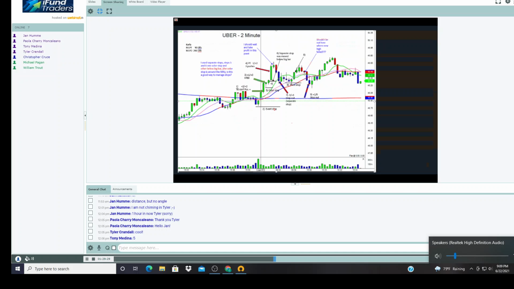So the stop should just be here. And now we have here is the first pullback. Here it is. There's the pullback, okay? And this here, this is what Oliver is saying when the red bars come. Who are you as a trader?